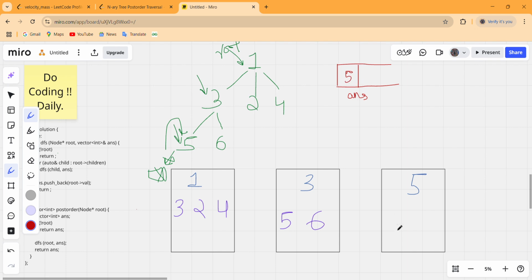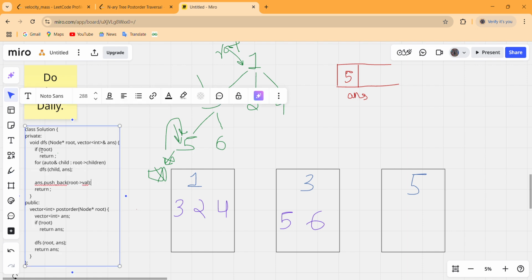And for this call stack we have nothing left. We evaluate every line of this DFS, and what we have to do now is return. So we have to return from this 5 to its siblings, and before returning we have to push our 5 inside our answer. So this call stack now gets vanished.